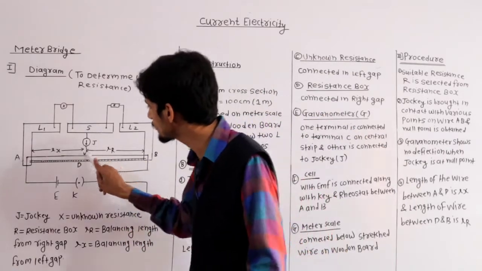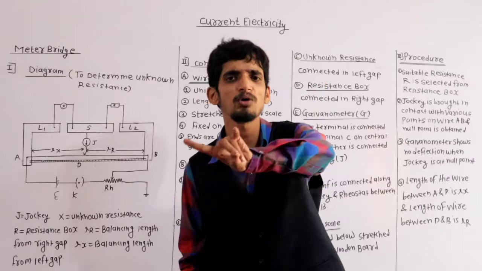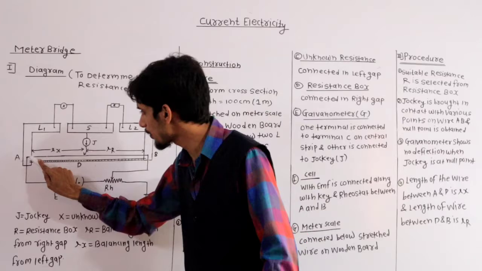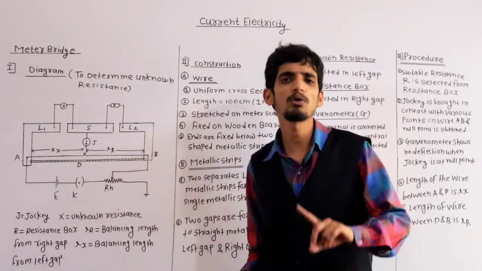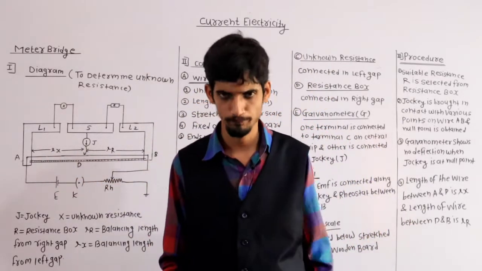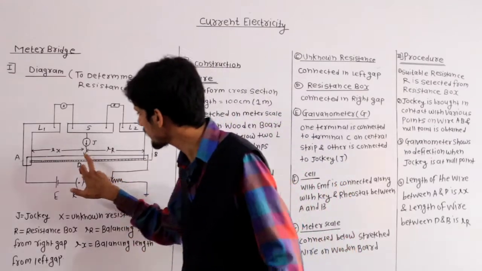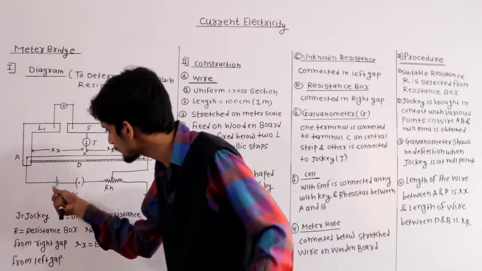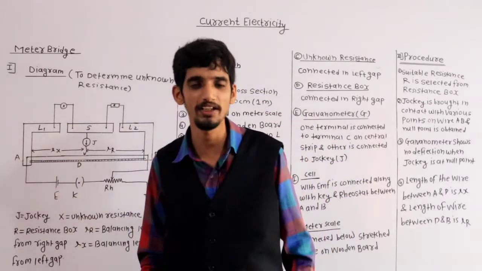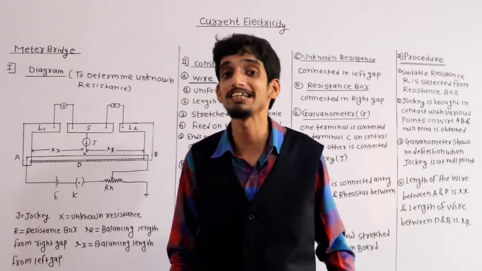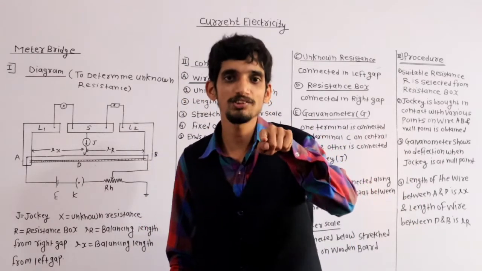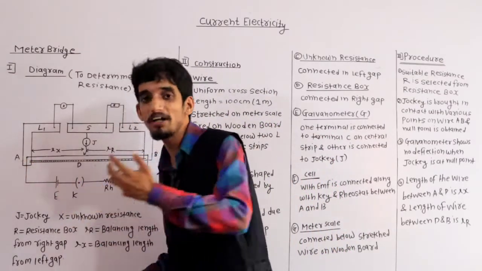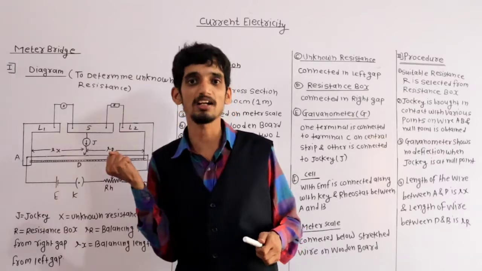First step is we have to place the jockey at the extreme left hand. That time the galvanometer will show some deflection on, suppose, the extreme right. If this jockey is placed at the right hand, then the galvanometer will show the deflection in the opposite side. What is the reason? Because whenever I am placing the jockey at point A, that time point A is at higher potential, because the positive terminal of the cell is connected to point A. So point A is at higher potential than the potential at which the jockey is present. So that's why current will be flowing from point A to the jockey. It means the jockey will take the current.